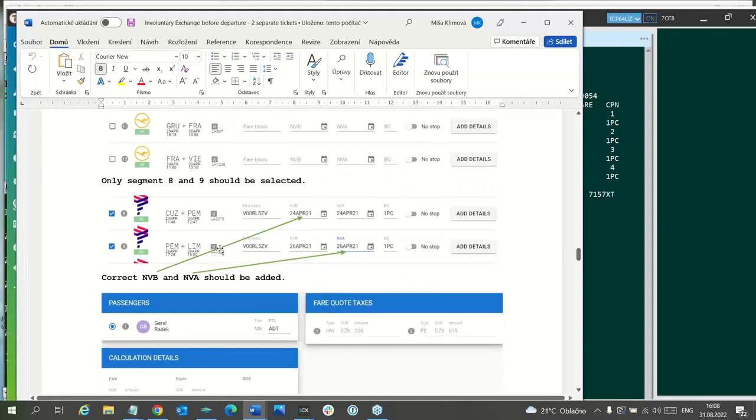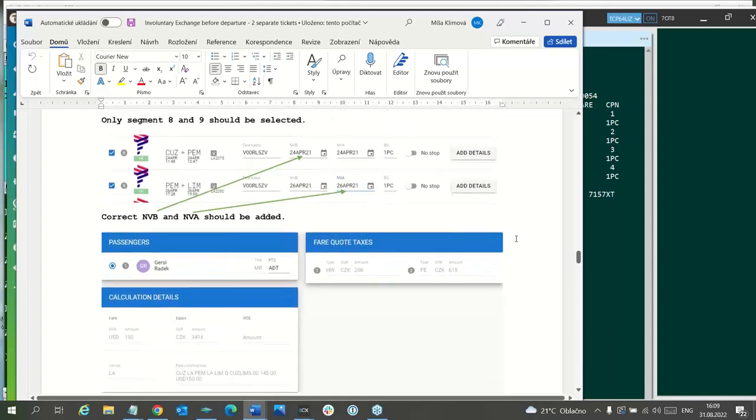We have to check if fare basis is correct, if validity is correct. If not, we have to change it here, and that's it. Baggage is correct. Now the stopover indicator will not be here because here is a 2 day stay in Pema.